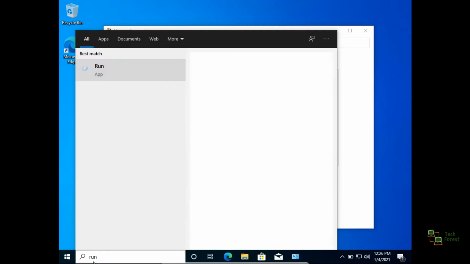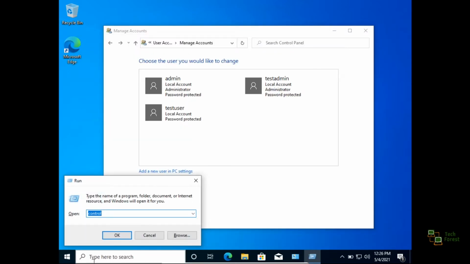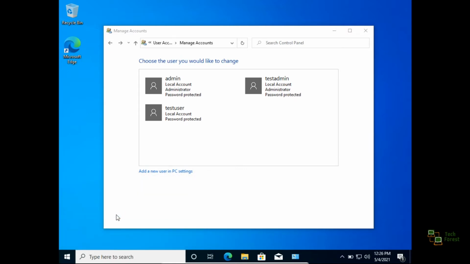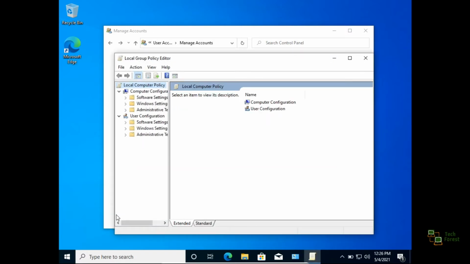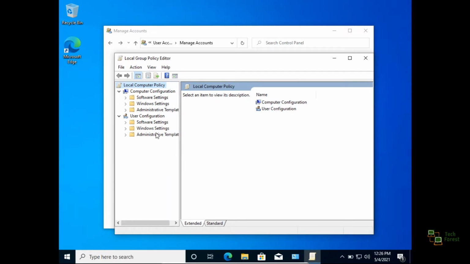Open Run and type gpedit.msc, gpedit.msc, and click on OK. In this page, click on Windows Settings and click on this icon.